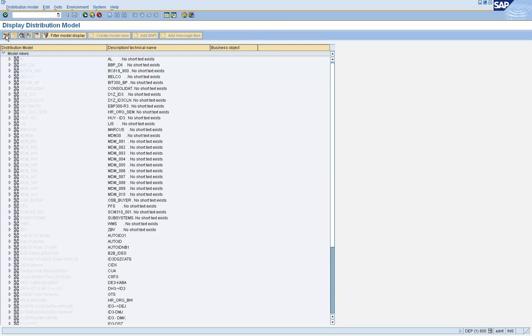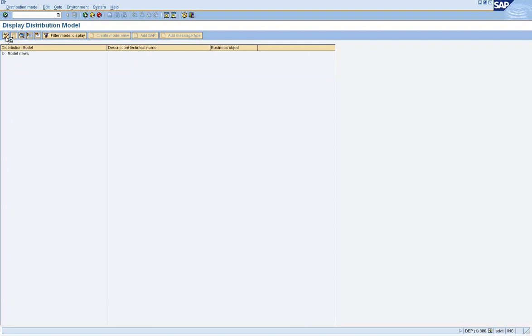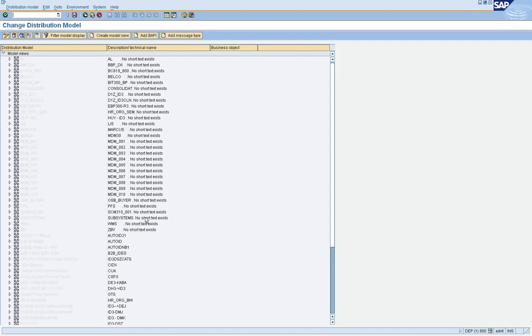Okay, so execute the transaction BD64 to create the distribution model view, and you get into the display mode. So change to change mode. Once you get into the change mode, you want to create a model view now.